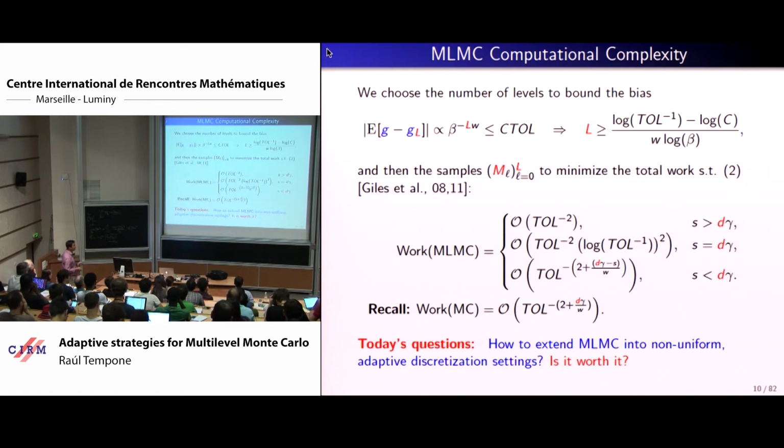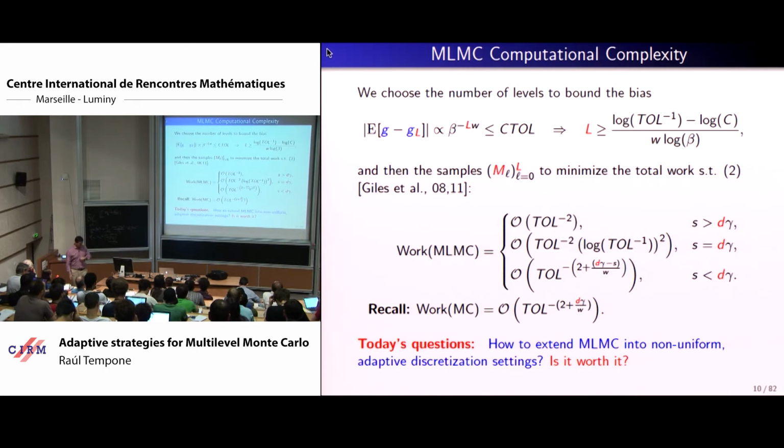And in the last one, the work is growing faster than the variance is converging, and instead of getting something that is convergent, you get some algebraic deterioration. But still, this algebraic deterioration is better than what you will get with Monte Carlo. So you're decreasing from d gamma here in the explosion to d gamma minus S. Okay? So you're still exploiting a little bit of the strong convergence, I mean the convergence in L2 that one assumed.